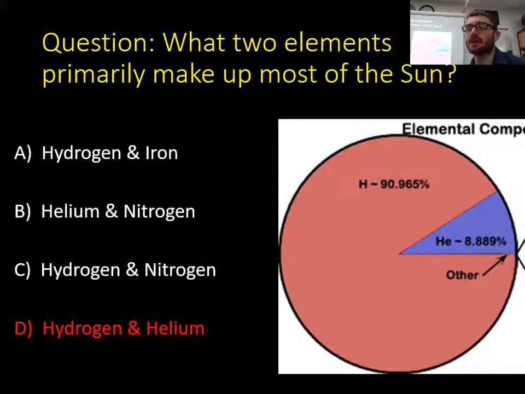But then the outer layers of it will be shed, and all that will be left over is the white core, which we call a white dwarf star. So we have giant stars, dwarf stars. It's just going to fizzle out like a light bulb for the most part. So I want us to know then for our